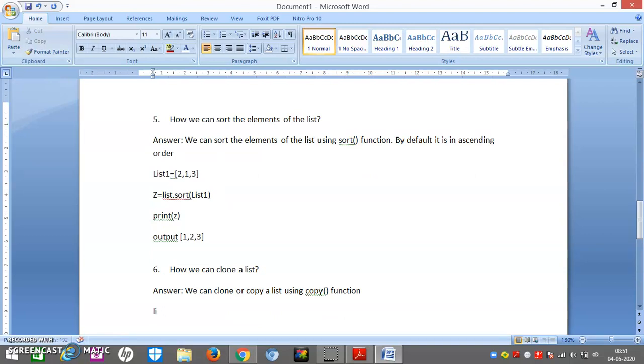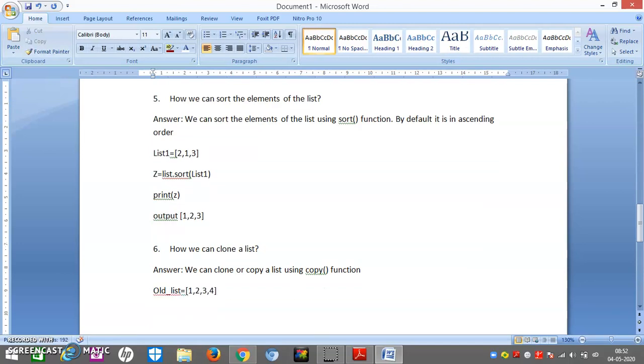Suppose I take a list as old underscore list, in which I have some values, say 1, 2, 3, 4. Now I want to derive a new list. New underscore list is equal to, now how to write it? Just listen how to write it. First, write the name of the old list, dot copy and braces.